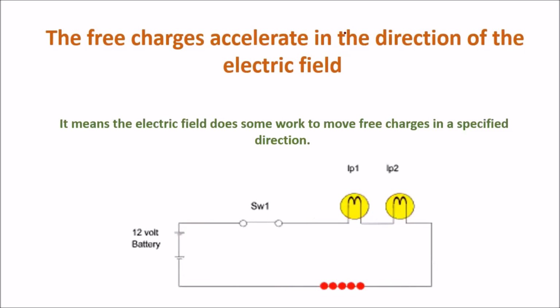So the battery produces force. In the conductor, there will be free electrons. All free electrons will be in motion, and we have learned that flow of charges is nothing but current. So in a circuit, there will be voltage as well as current. Voltage is produced by the battery. Current is produced due to free electrons. If there is voltage, there will be current. If there is no voltage, there will be no current. You must remember that.